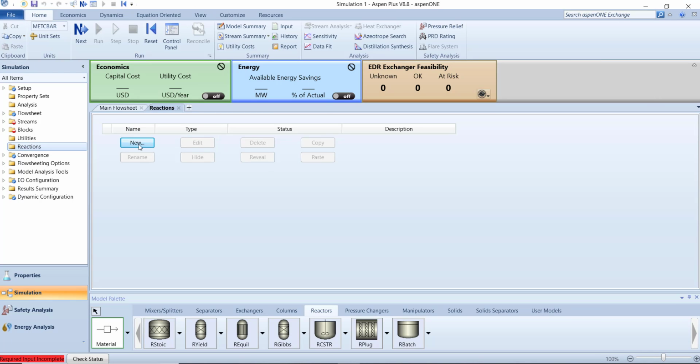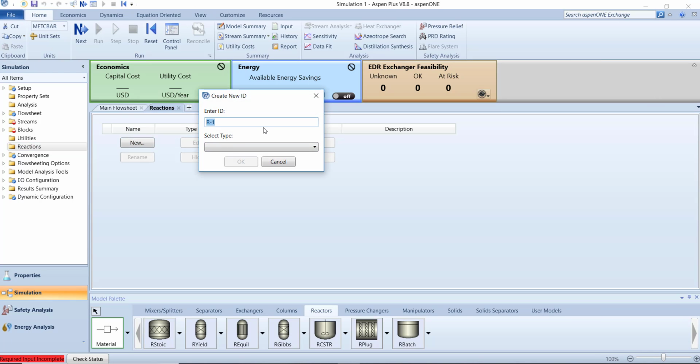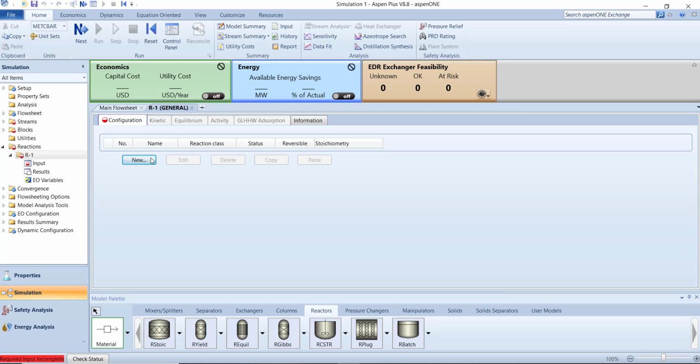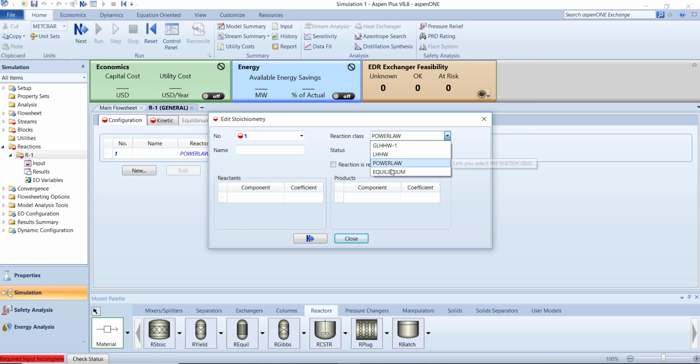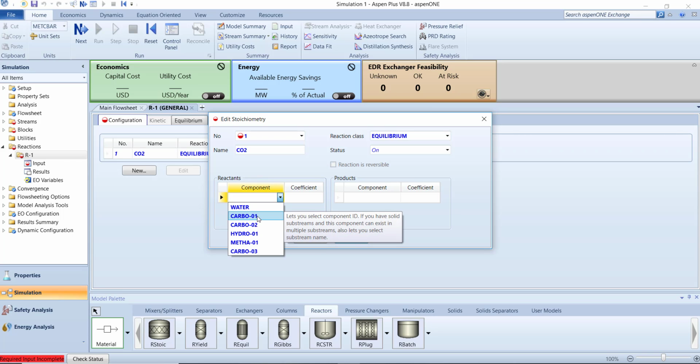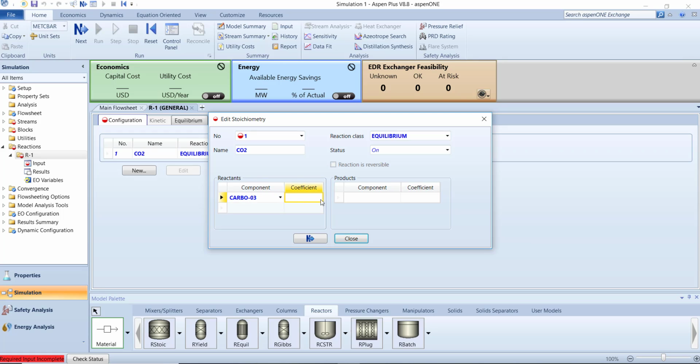So the first thing we're going to do is create a new reaction. It's going to be a general reaction. Once there, you can create your new reactions. Go ahead. Reaction class will be equilibrium. Let's call this first one carbon dioxide as the first reaction, and put the components right here. It's going to be carbon graphite,